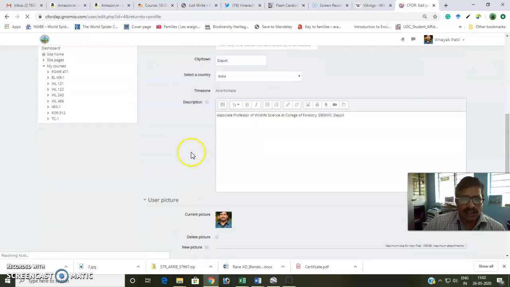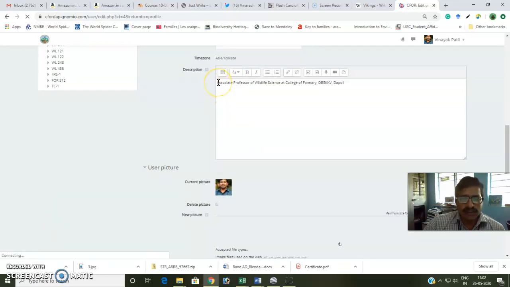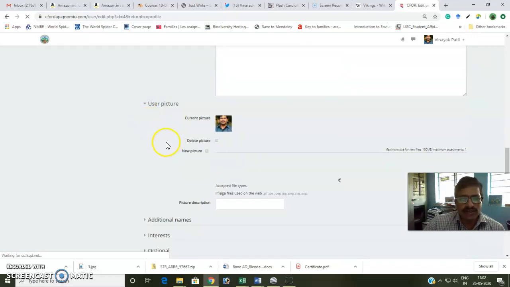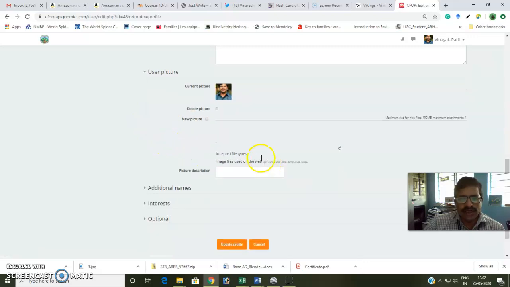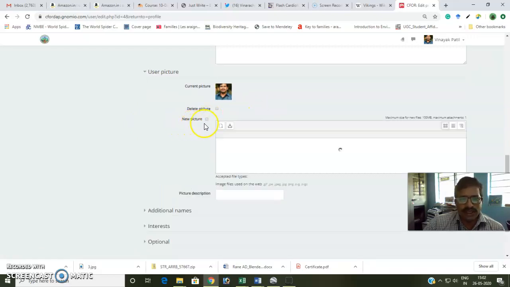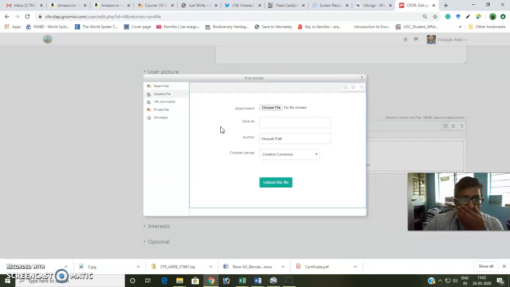Then any other information, you can give us brief description about yourself, and then lastly a user picture. You can add a picture here. There is a box here in which you can just drag and drop a file, or you can click on this button, add file, then again upload a file, or from this upload a file there is this button, choose file,